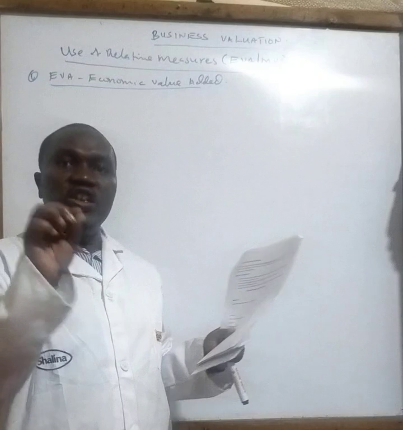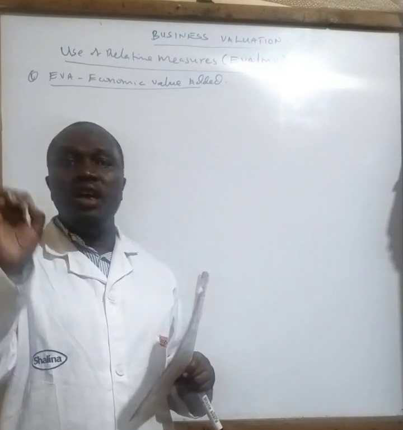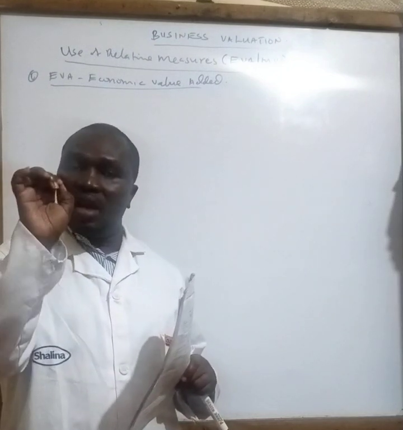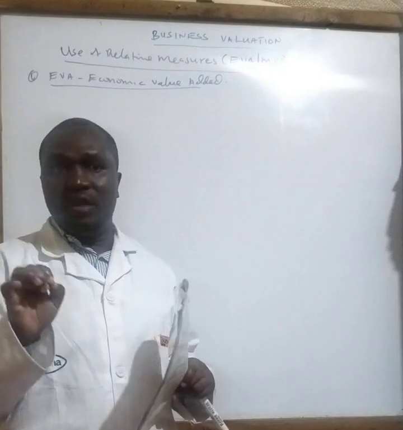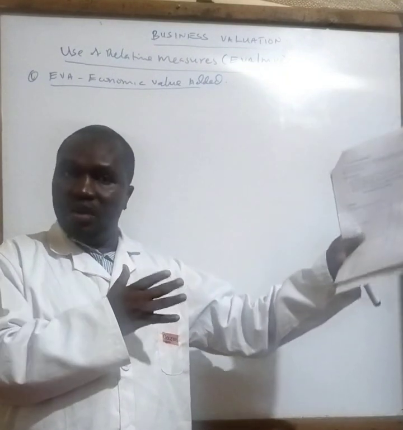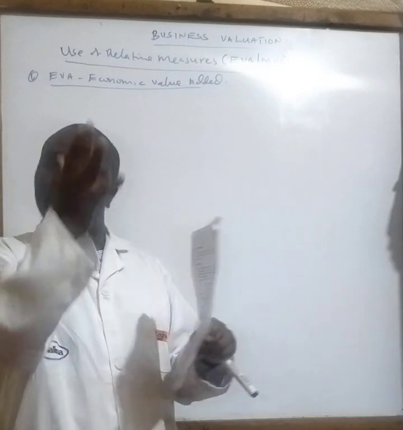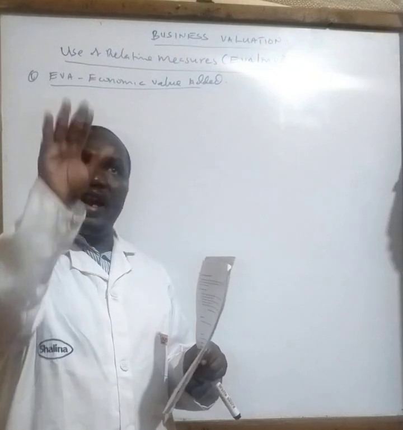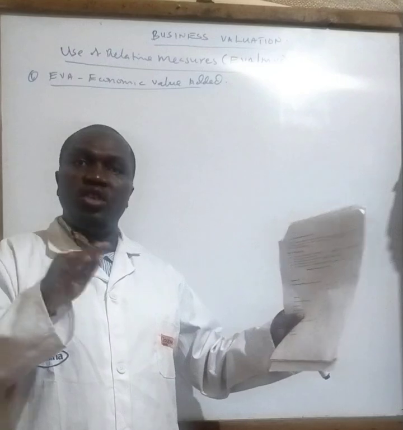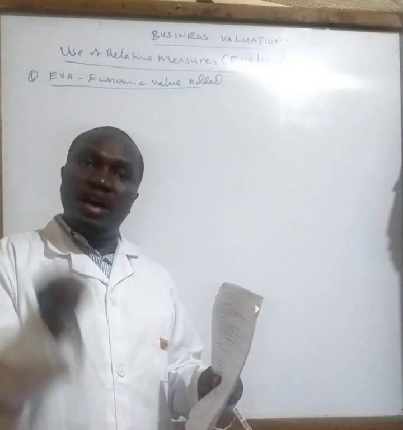So in this case, students must know how to prepare or adjust the net operating profit. Number 2, students must be in a position to calculate the cost of capital employed or investment. Capital employed is purely equity plus debts, or just say investments if given. So it depends on the question. If the question is analyzing long-term debts and short-term debts, automatically remove the short-term debts and bring in the long-term debts.